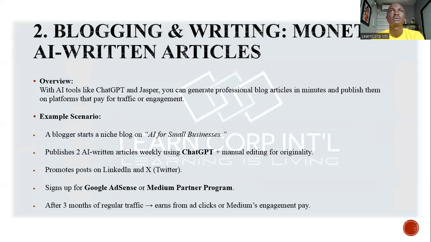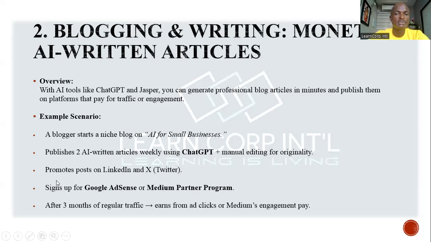Now, there are platforms that look for people that could be blogging for them, that could be writing articles for them. And you could be doing that depending on the frequency you can handle. Once you get on this platform, you show them what you can do, and then people outside will come on that platform and look for people who could do the kind of things they are looking for.